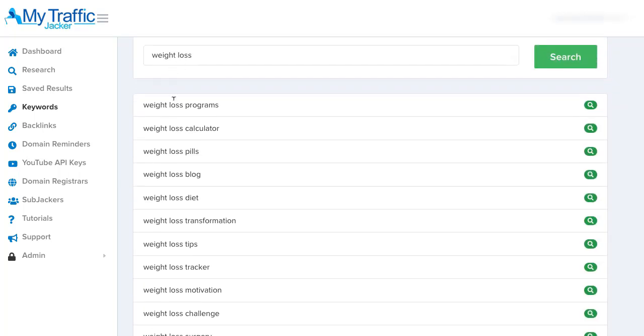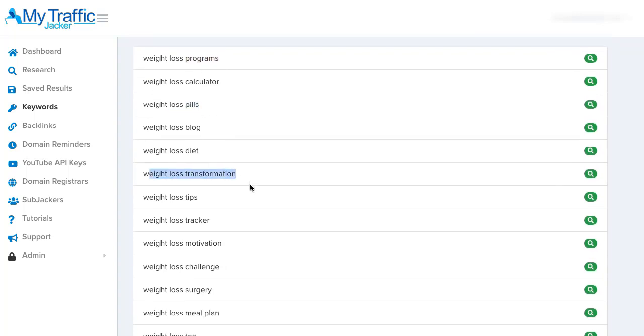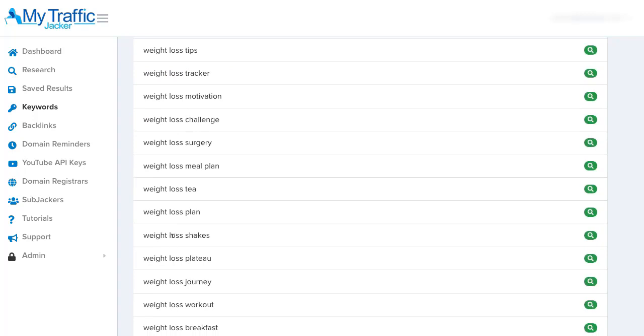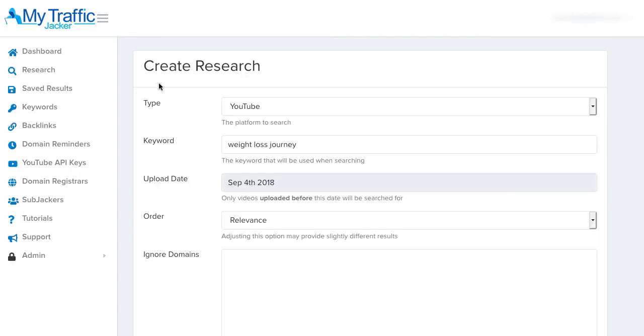So we can see weight loss programs, weight loss pills, weight loss transformation, weight loss shakes, weight loss journey. This is a good one. This is often a very hot topic inside of YouTube. So I'm just going to click this magnifying glass so that we can search this keyword using the research section